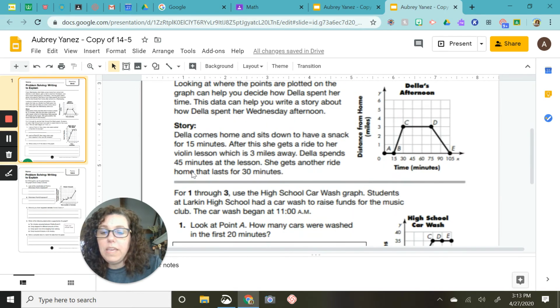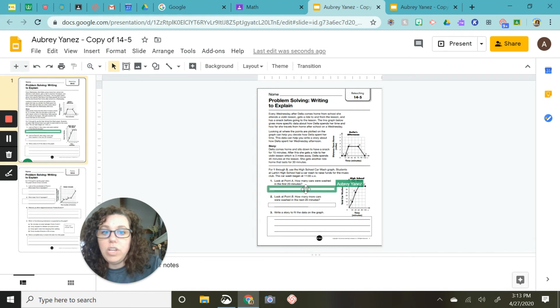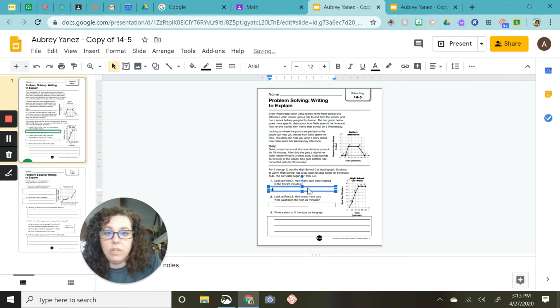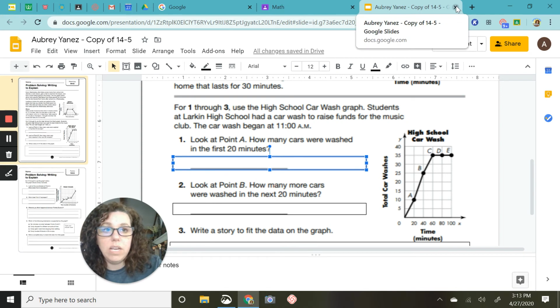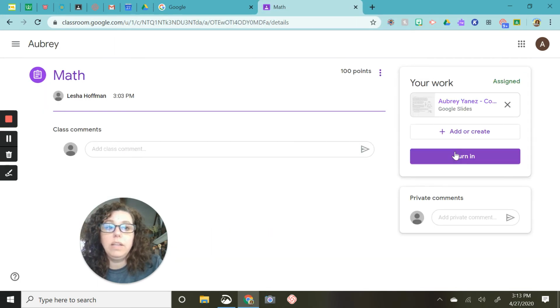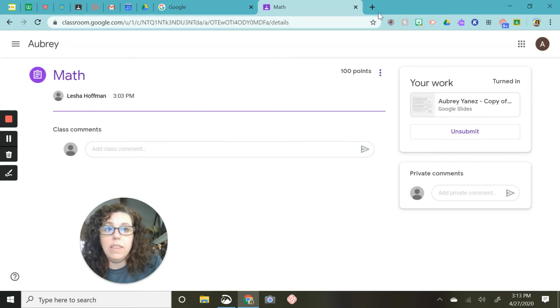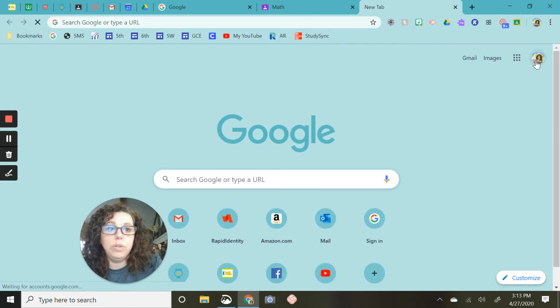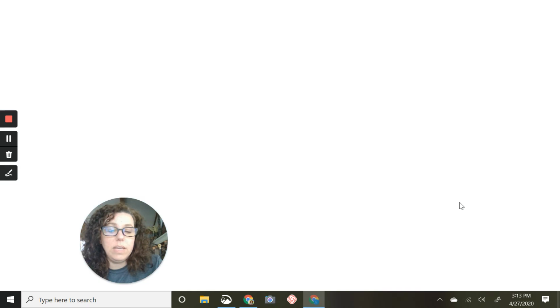So if she had clicked in this box on one, it won't let you really click on it and type. Well, now it did. That's good. But be careful. You don't want to have your assignment open 2 times. So let's go back. Pretend she's all done. Close it. Hit turn in. Hit turn in again. At that point, your teacher will be able to, and I have to change my person here, your teacher will be able to see,